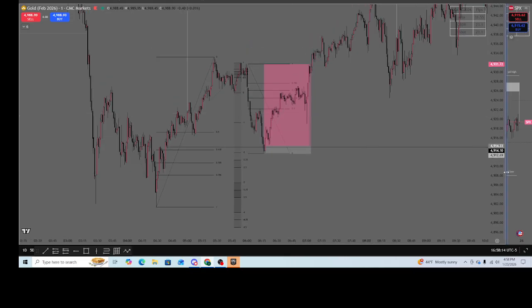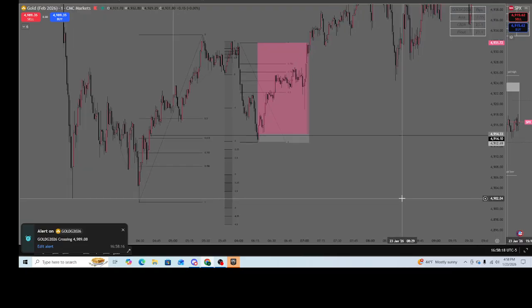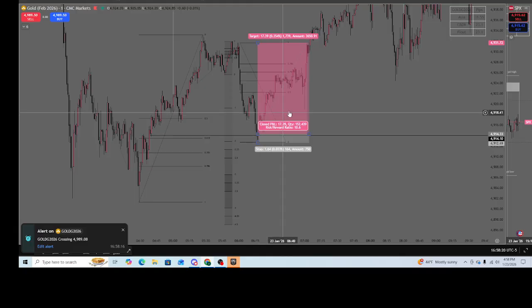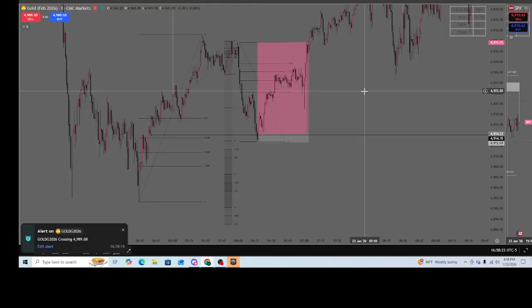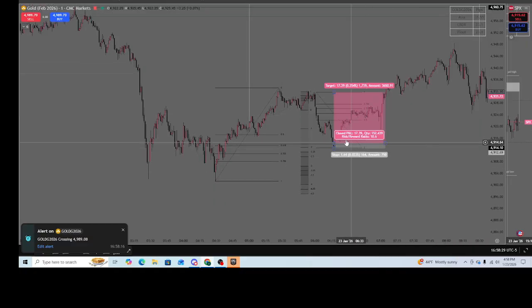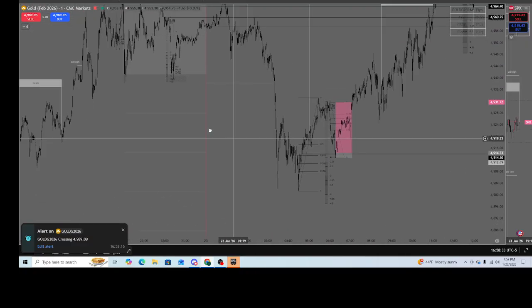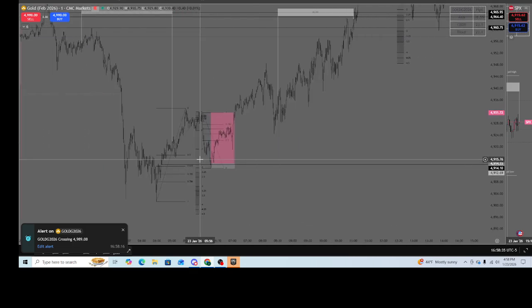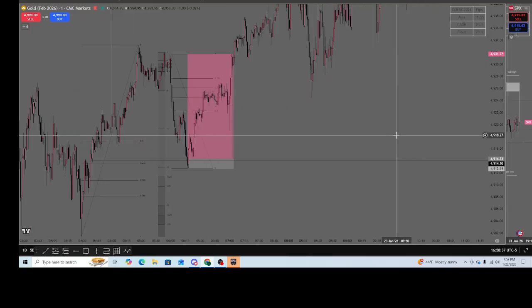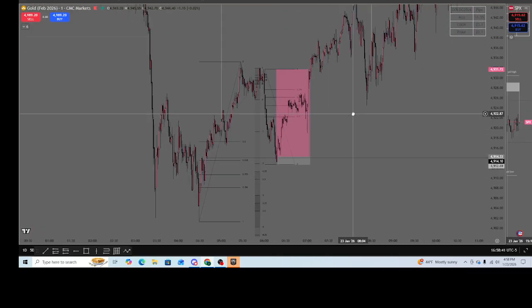Here's a trade recap of the trade that I took this morning on gold. I had someone tell me that gold was moving pretty good, and Nasdaq has just been a naughty little boy recently, so I went ahead and got on gold. So you can see overnight, gold dumped a lot, and gold has just been absolutely skyrocketing recently. So after the dump, you can expect a move back up, right?